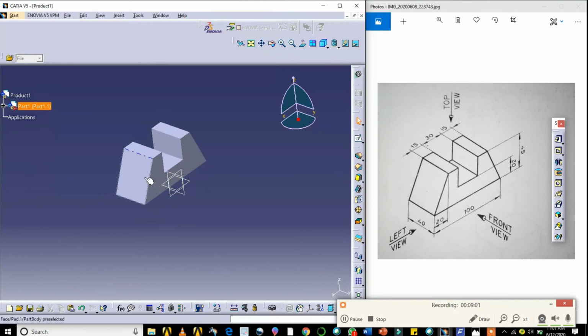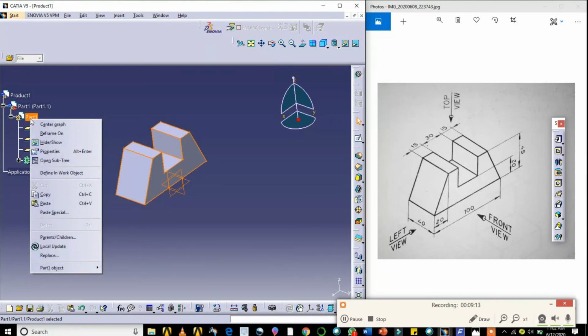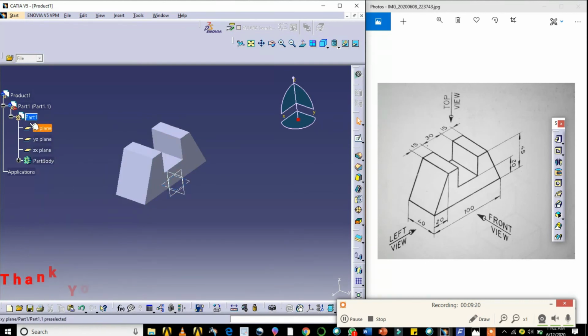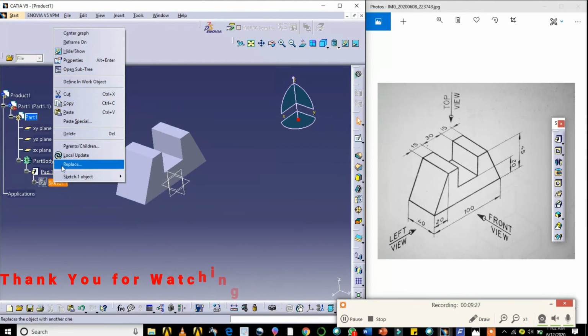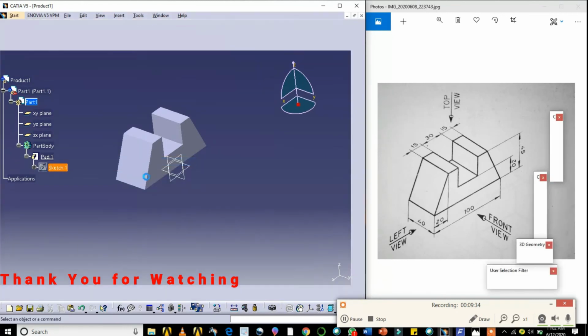If you want to edit the sketch of this, you can go here in the tree, in the part, you go to the pad sketch, go to the sketch, edit.